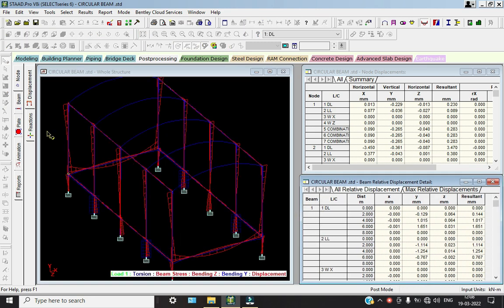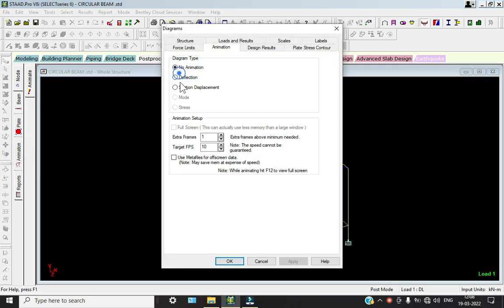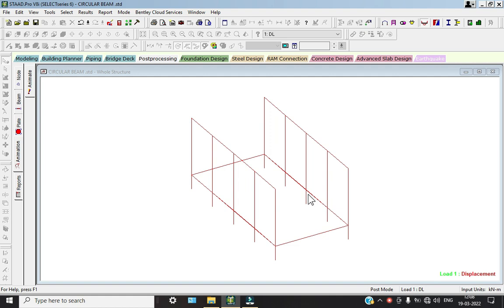So you can see over here, right? You can see the animations about deflection. So is there any deflection about the beams? Here we can see the deflection, right? This is due to dead load and live load, no much deflection. In wind load combinations,